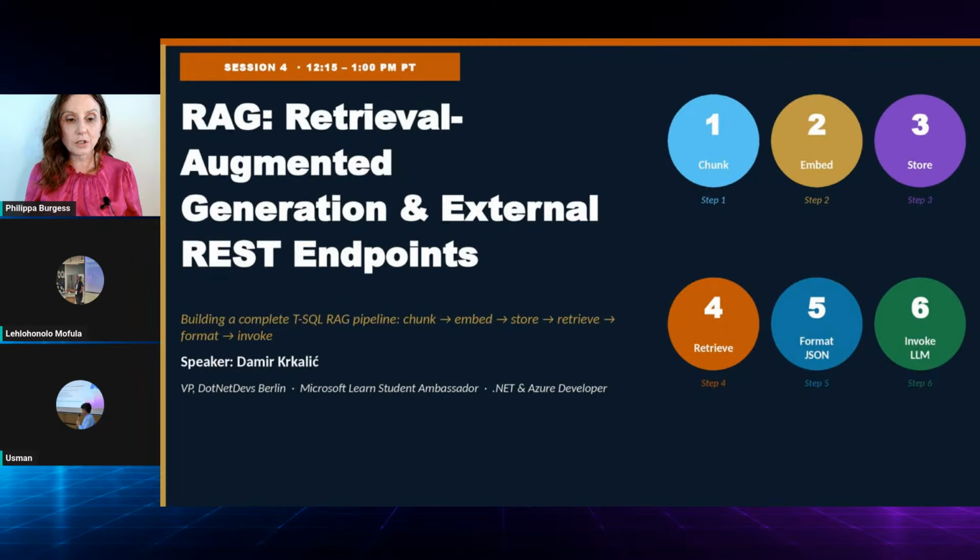Okay, so we've got RAG, Retrieval Augmented Generation, and External REST Endpoints. I remember being at Microsoft's AI Tour in New York City, the first time I was hearing about RAG years ago. It sounded really technical and complex, and I wasn't getting it. Later, as I used my own AI, I would want it to do certain things, and I'd say, here's the document, or here's the website, or here's the context and the information. And then I realized, oh yeah, that is RAG. You're basically, rather than relying on the LLMs